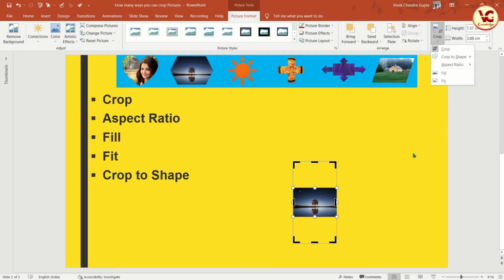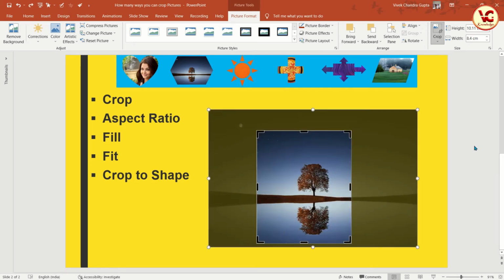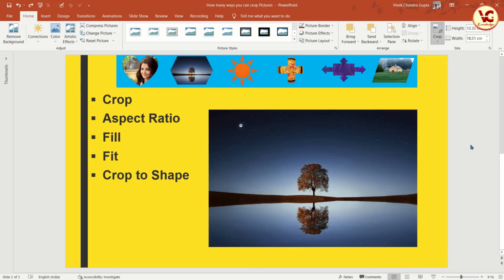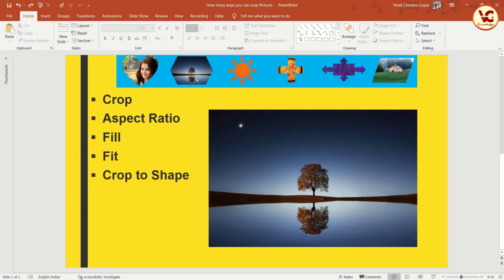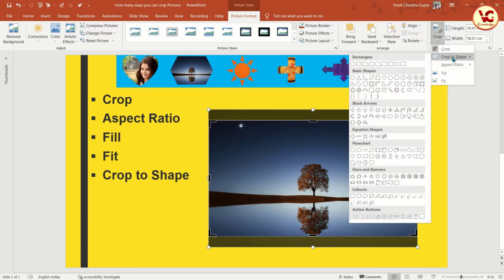Now we will apply how to use crop to shape using fill, fit and aspect ratio. Let's start with the original image. As you can see, I have cropped this image in this shape. So we have to select this, and I have selected the 16:9 aspect ratio. Now crop to shape.